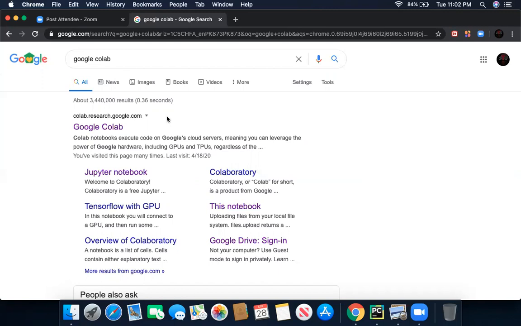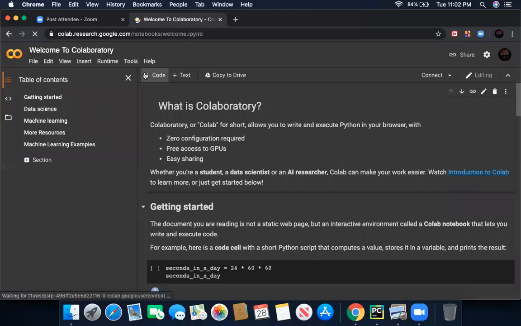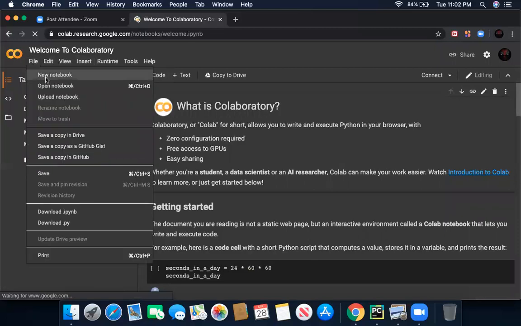Open Jupyter Notebook. Click on it and click File. Create a new notebook from the file.